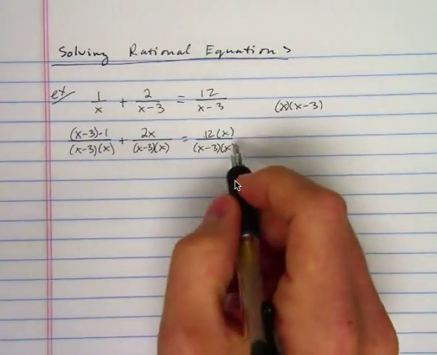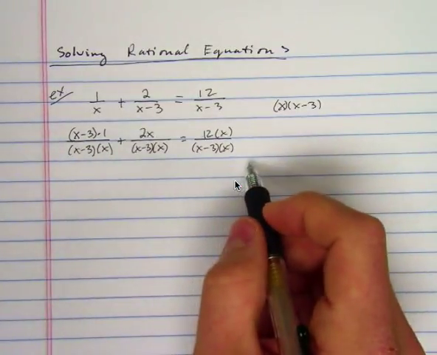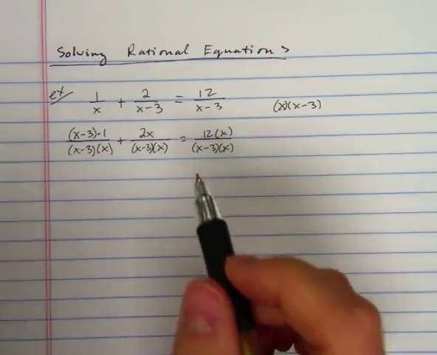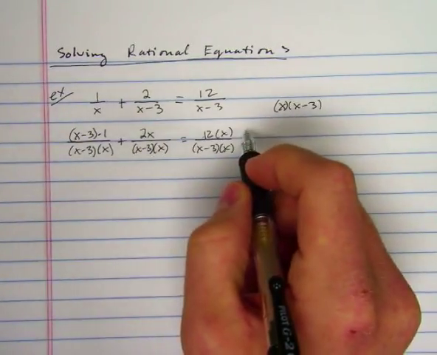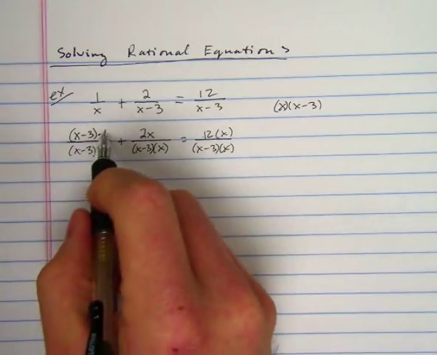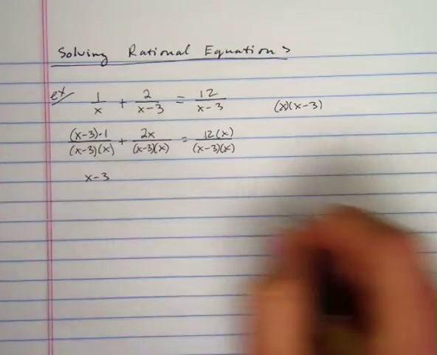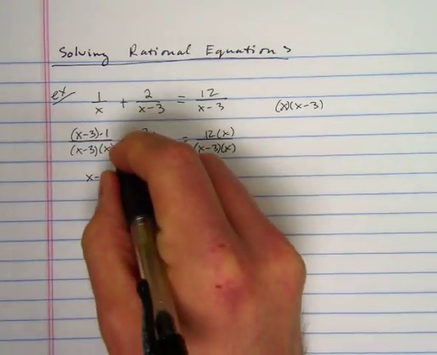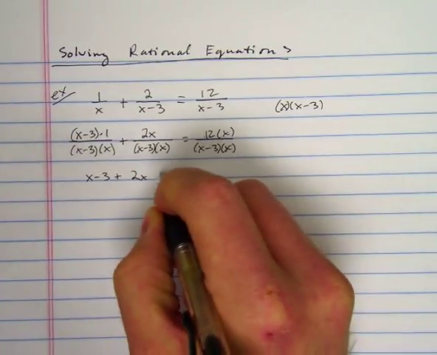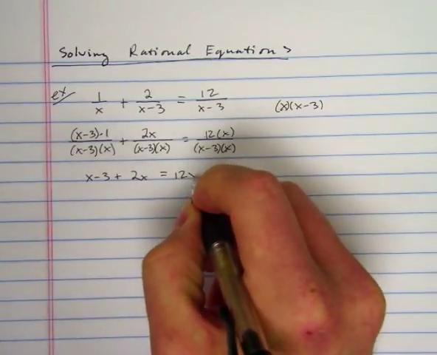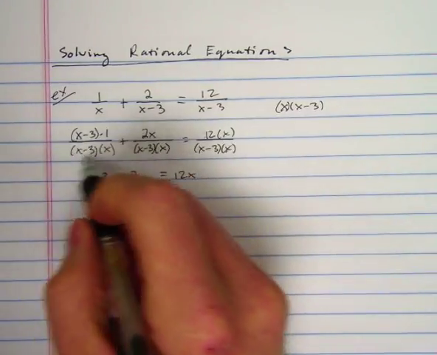Okay, you notice that all the denominators now are the same. That's our goal. If our denominators are the same, what we can actually do then is just focus on the top here. So let me write it out. Now I'm going to simplify this because 1 times x minus 3 is just x minus 3 plus 2x equals 12x. So you see, I can just forget about the bottom for now and I can just focus on